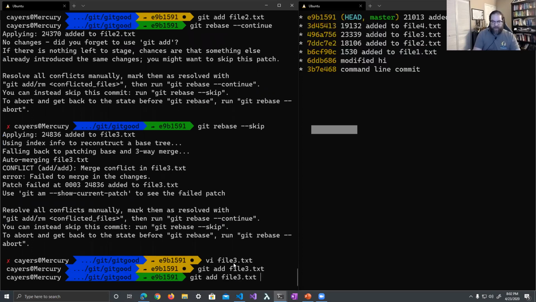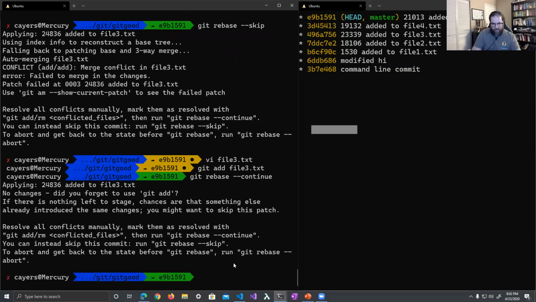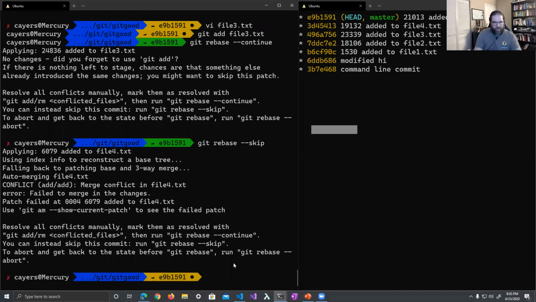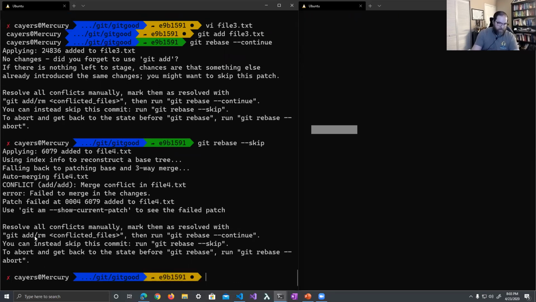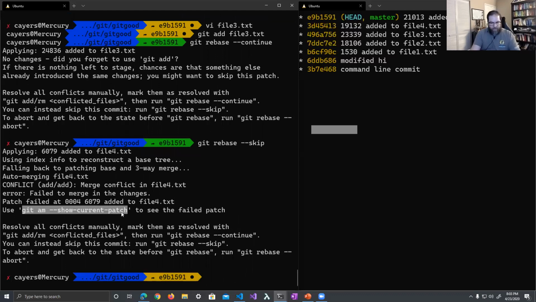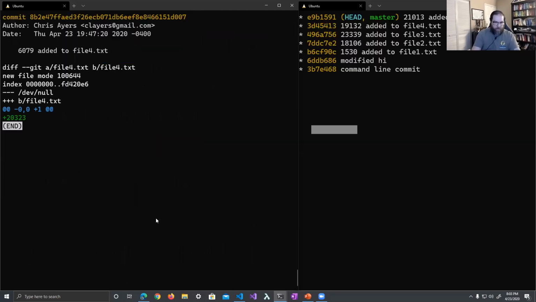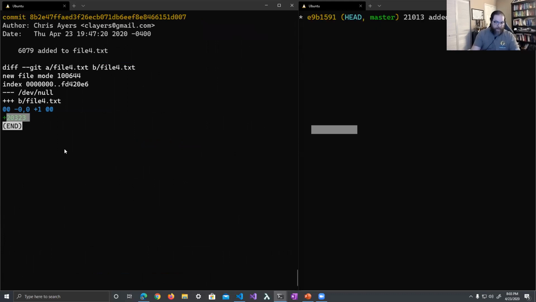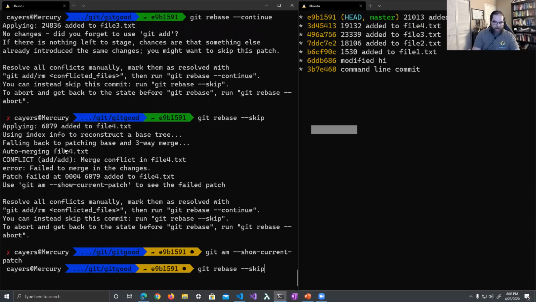Can I skip without editing? It will check in. So if I don't, let me do this. So now we're up to 4 now. So I can just add it, but you can see this is the automatic merger. So you can see the patch that failed. This was, I tried to make a new file from null, and doing a diff, it sees I was trying to add that content in. If I edit this file,